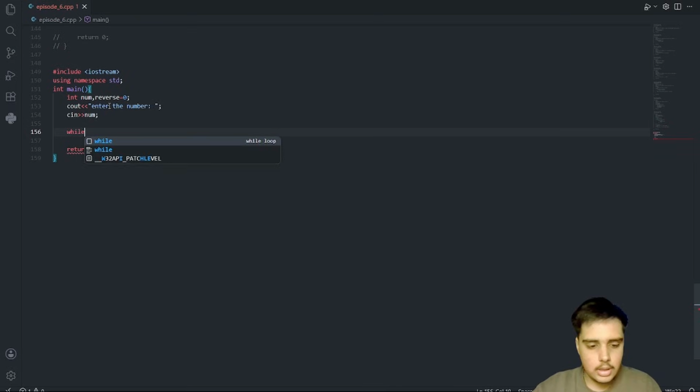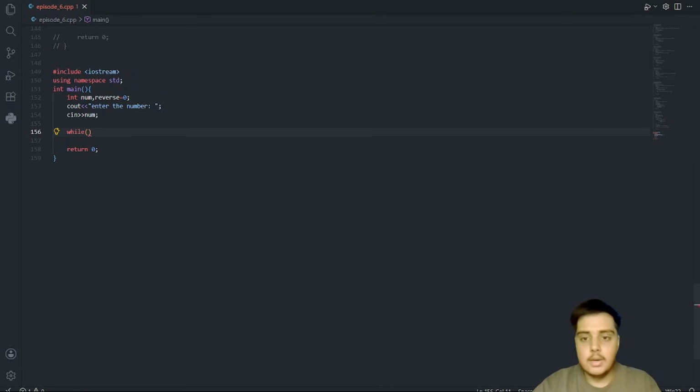And below it I will take a while loop. Understand? This time we are taking a while loop because there is a specific thing that we are not aware of, the number of iterations. That's why we have used a while loop.